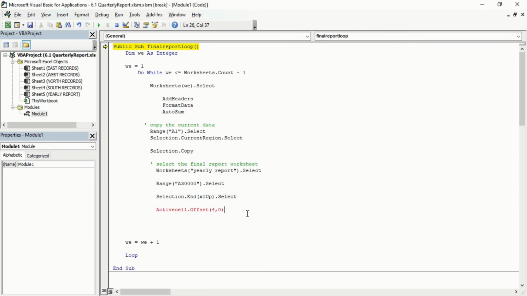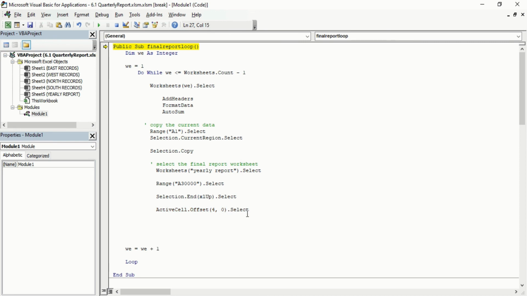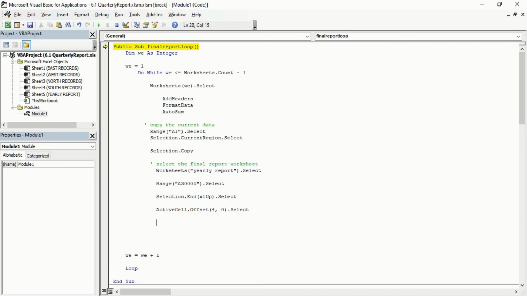Oh, I haven't put the select option. Select. Now after that I press enter, and the last thing I want to do is paste everything. So ActiveCell dot Paste.